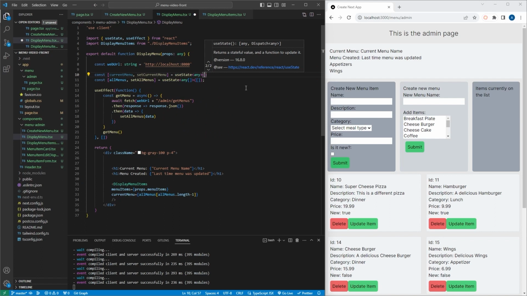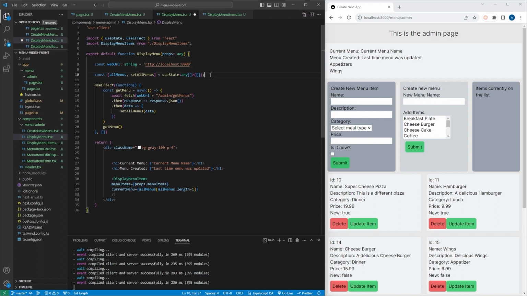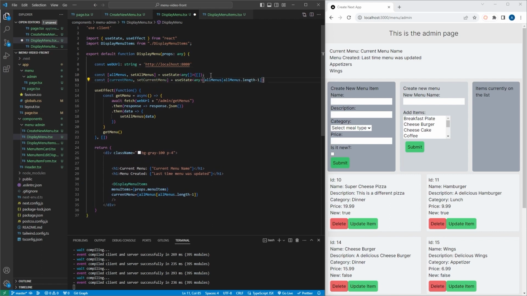Oh, it's going to yell at us because it needs to be a little further down. All right, copy that. Go over here, Control V, and if I hit save,